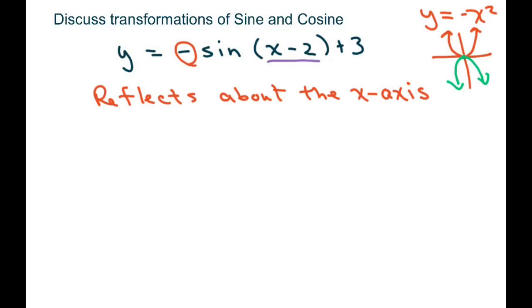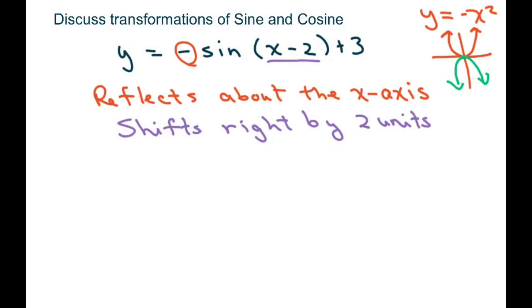That's a horizontal shift right, so we're just going to write shifts right by 2 units. And this is going to be a vertical shift up by 3. And just remember, we write this in this kind of form, but the 3 really goes with the